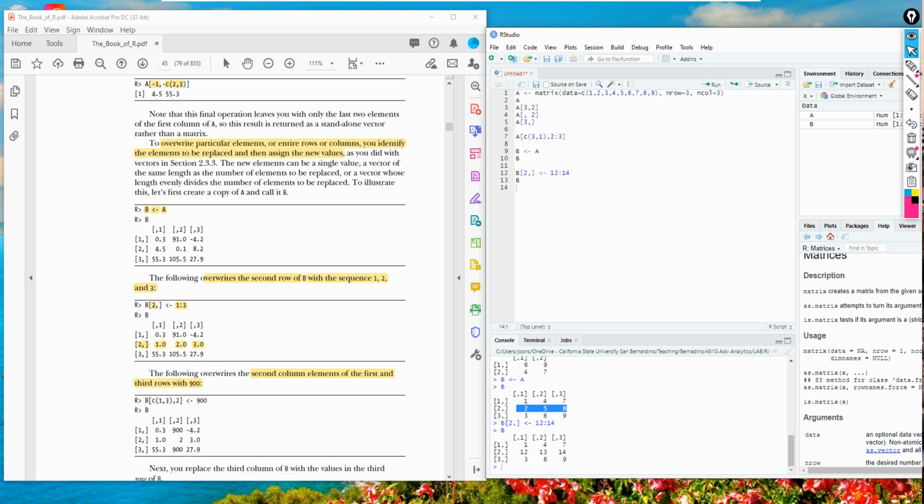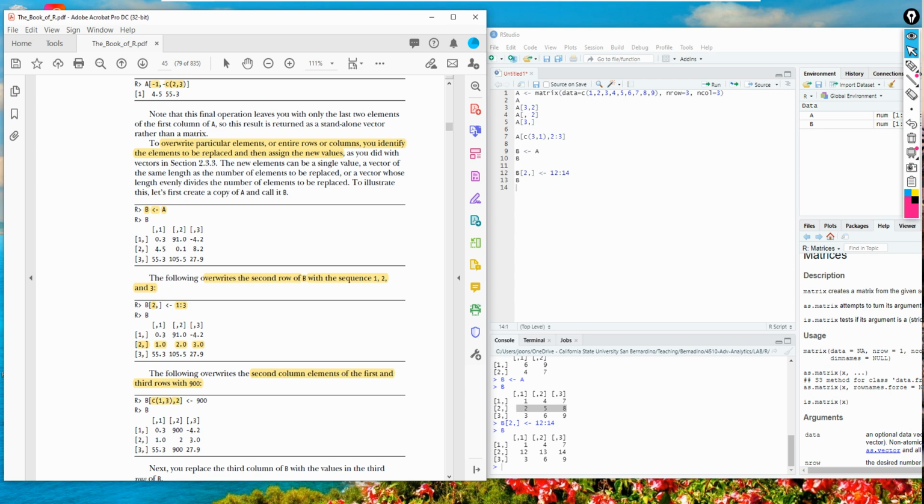And this is another example. This overwrites the second column elements of the first and third rows. So this means first and third row, and this is the second column.